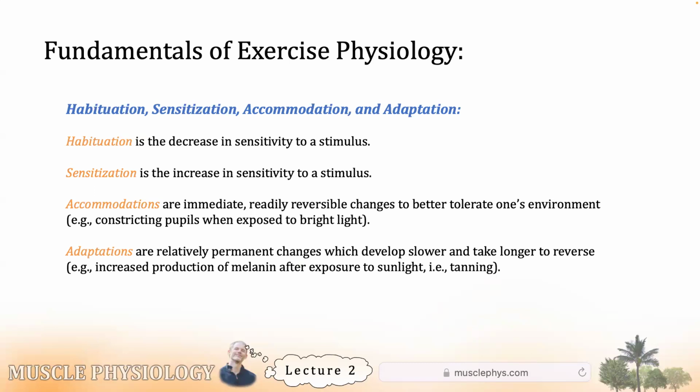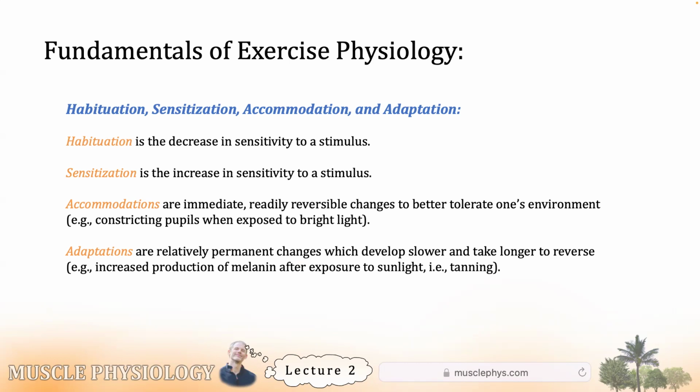If you're flying on a plane and you're seated next to a screaming infant, you do your best just to endure the unpleasantness until the flight is over. You don't adapt to that experience unless you do it day after day after day. Then you'll probably habituate, which means you won't be as sensitive to that stimulus.